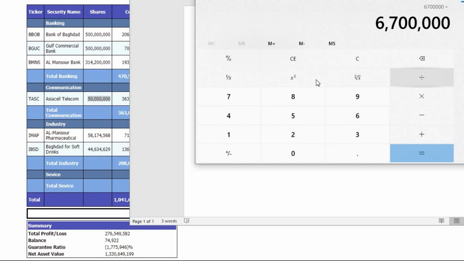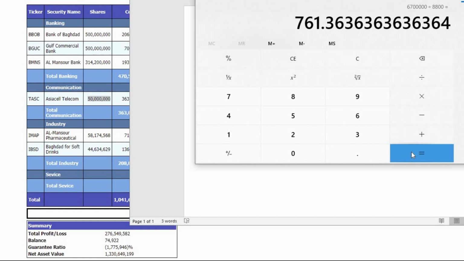Okay, we're going to divide that 8,800 ways. You're looking at that $100 block being worth $761. Again, 1 to 1. If you got 10 blocks, you're looking at